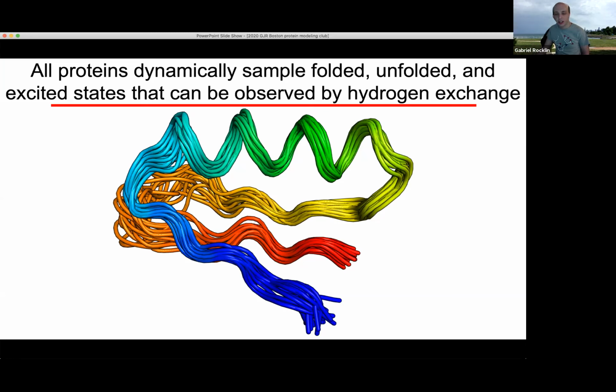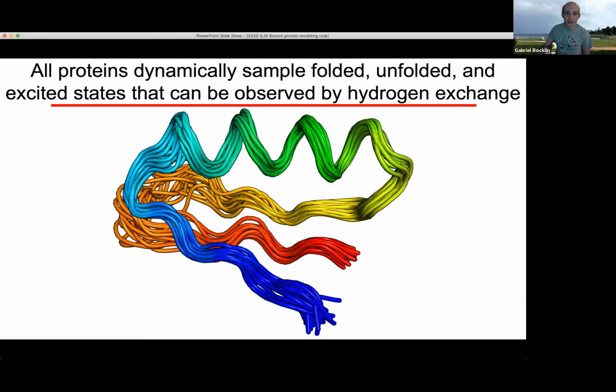And one of those methods is hydrogen exchange. If you're not familiar with hydrogen exchange, you can take a protein that's in water and put that protein into D2O, and then all of the backbone amides, the hydrogen will come off and it'll be replaced by a deuterium from the solvent. But that exchange can only happen if that part of the protein is locally unfolded, or if the whole protein unfolds. So the rates of exchange at all the different positions can tell you different things, but the way we do the experiment, it tells you the equilibrium between open and closed